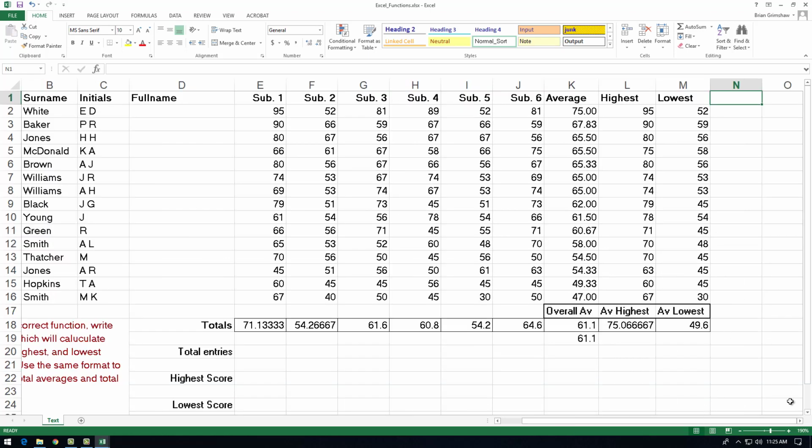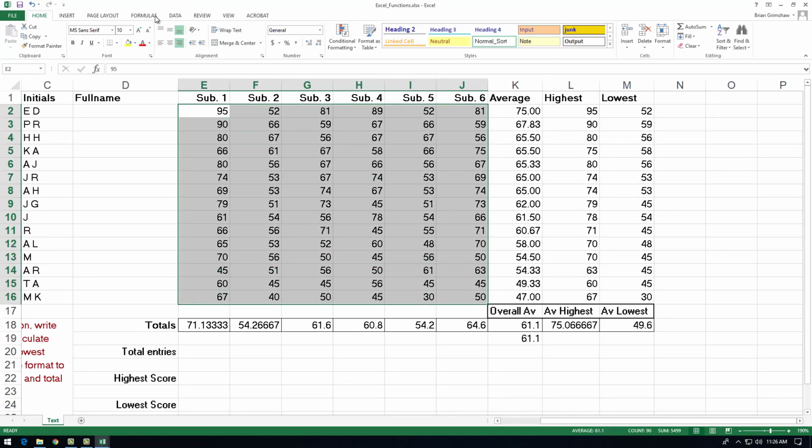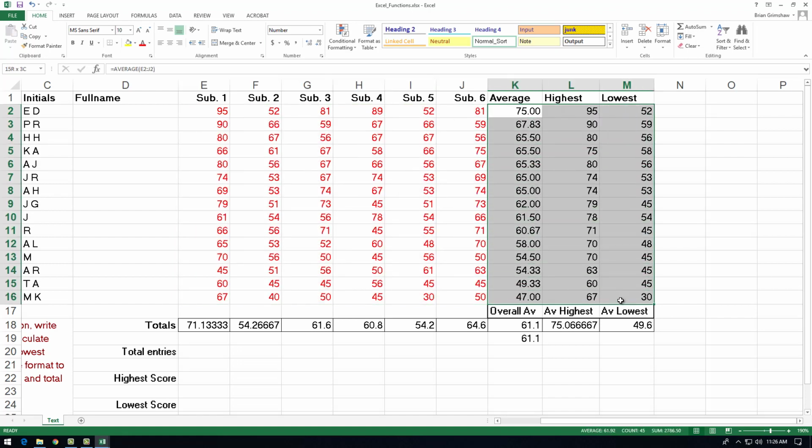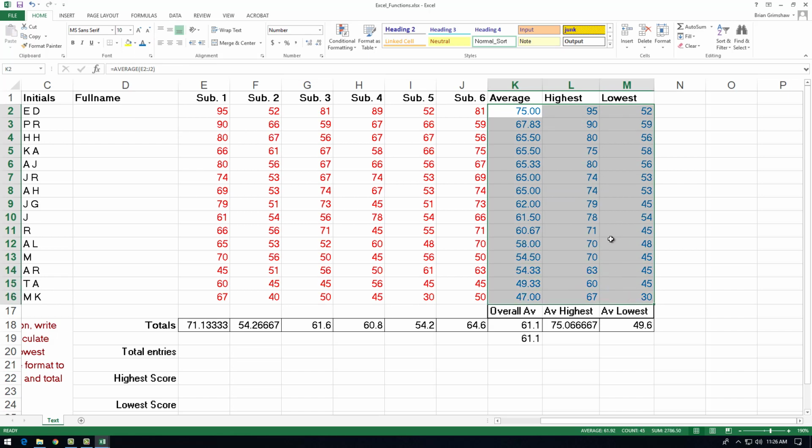Now, so you don't have to color these, I'm going to color these for our next little example here. These numbers that I just colored red, those are actual numbers, like a teacher scored an assignment and actually typed a number into the spreadsheet. And the ones I just colored in blue, those are all equations. They're not actually numbers that were typed in. They're equations. Okay. So down here in total entries, right here in E20,